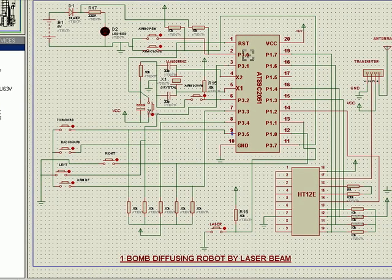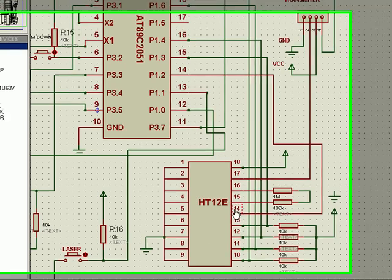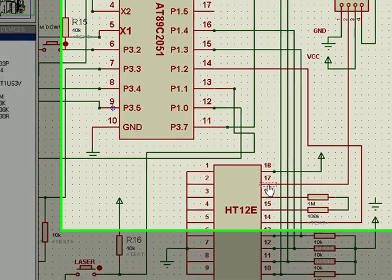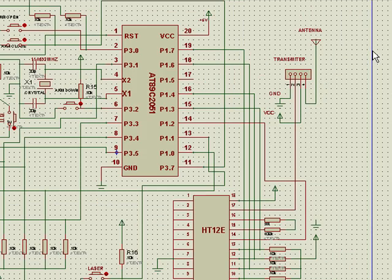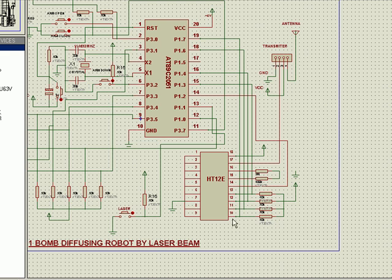And as regards the data pins, we have discussed at length how 12E and 12D are connected, and this 17 is the encoder out pin. The encoder out pin goes to the transmitter, and the transmitter transmits the data serially. And there are the data pins, that is these 4 pins. These data pins are connected to the microcontroller for the purpose of sending these switch commands